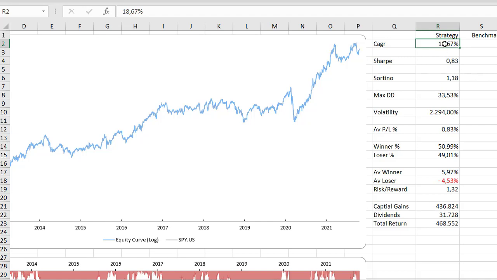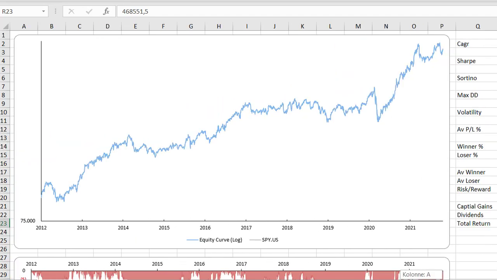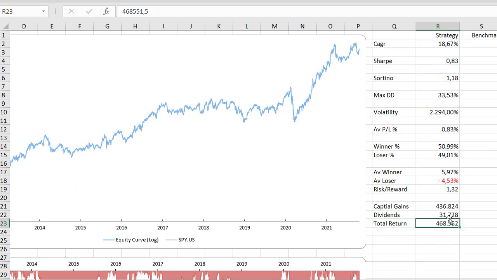Now, 18.7%. If you start with $100,000, then we have some capital gains, we have some dividends over time here, and the total return over around 9 years is 400, or we end up at, we make 468,000 here. Yes. What you can see here is that on the weekly strategy, we have about 50-50 here, around